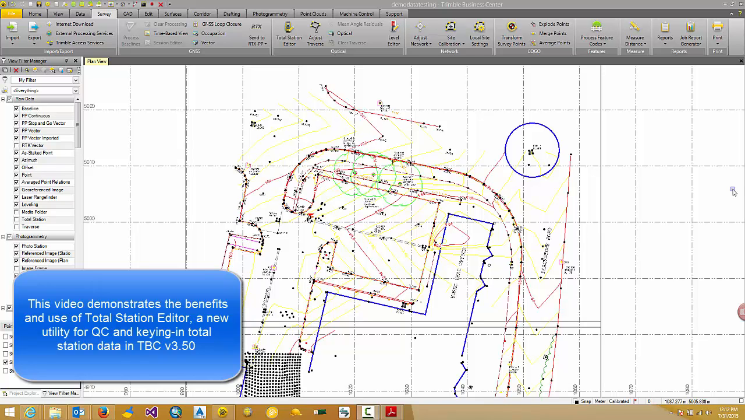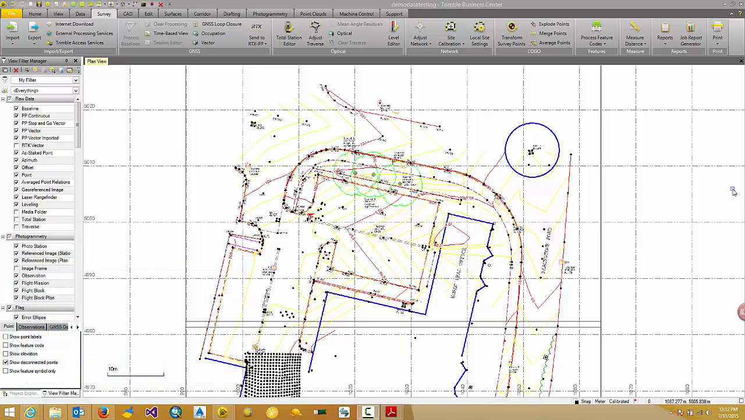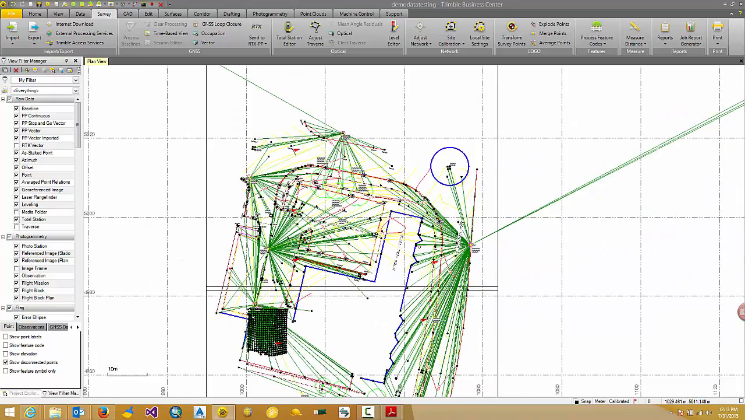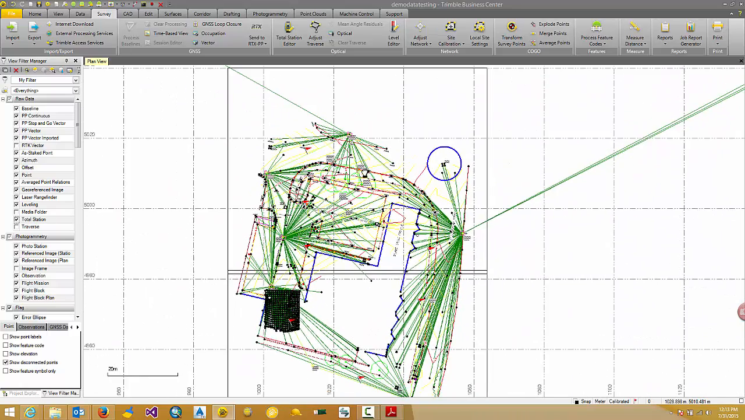This video demonstrates the benefits and use of the Total Station Editor, which is a new utility that was added to the TBC version 350. Here's an example of a survey drawing after processing feature codes and doing CAD work inside TBC. If I turn on the Total Station observations, you can see that most of those points were obtained by doing